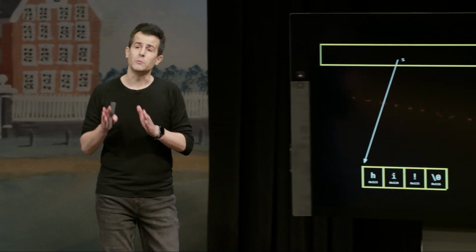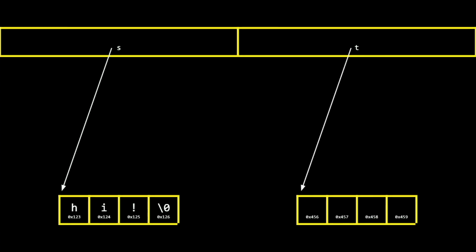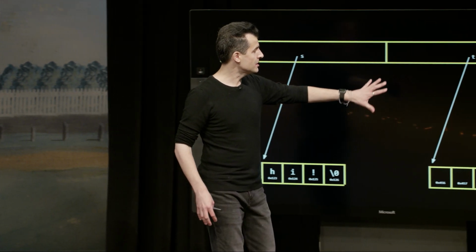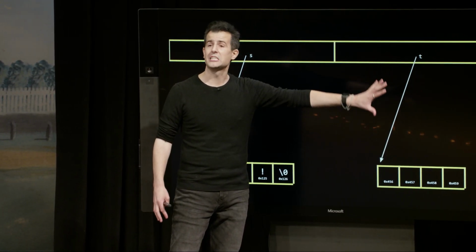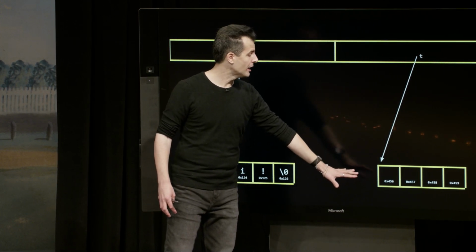So what is ultimately stored in t when I assign it the return value of malloc? It's whatever that address is. Again, I could technically write 0x456 up here, but we're kind of past that. Like that's very 30 minutes ago. Let's now focus on just the abstraction that is a pointer. A pointer is just an arrow pointing from the variable to the actual location in memory.